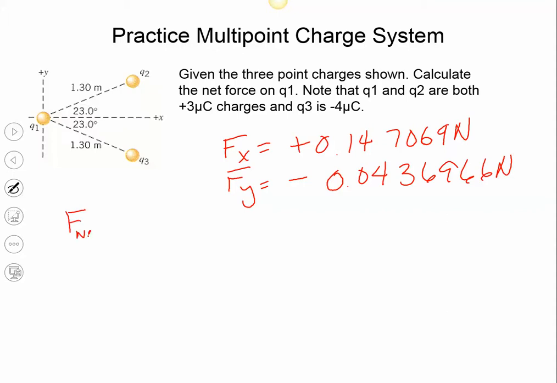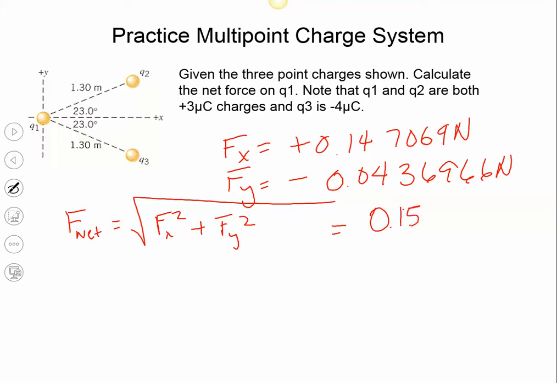Well, remember we use the Pythagorean theorem, and F net equals the square root of Fx squared plus Fy squared. And you plug those into your calculator, and just to save some time because we have a shortened period today, you will get 0.1534 or 0.15